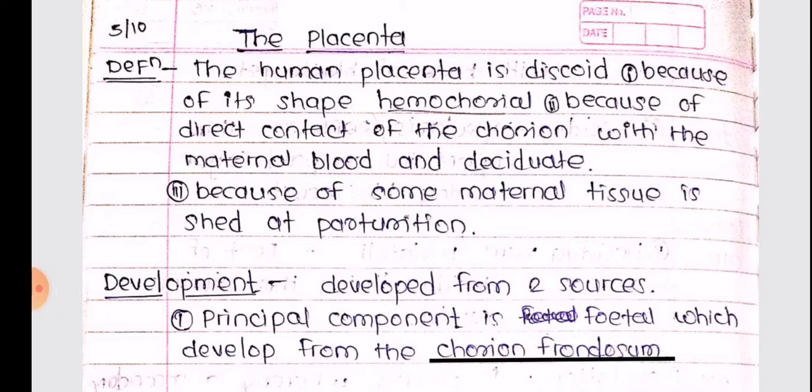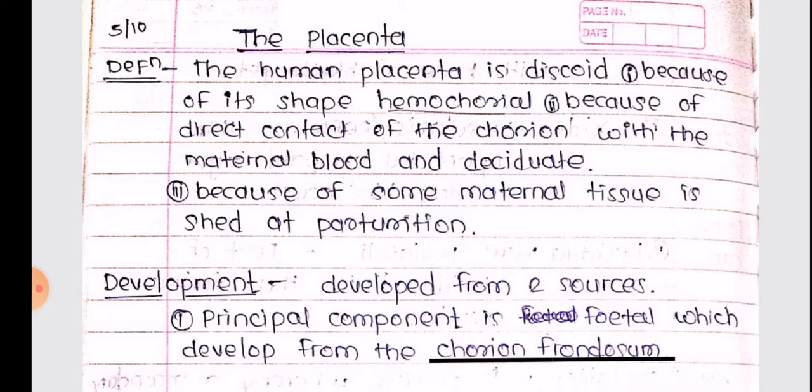So today we'll be continuing with our obstetrics examination revision series with our very next topic, which is the placenta. This topic is very important with respect to the examinations, and it can be asked for 5 markers or 10 markers respectively. So we'll go very slowly. We'll be covering each and every important point of this answer, which will help us fetch some good marks in an examination. And I hope this video helps you all to make a firm foundation to study your obstetrics, or to help you revise before examinations. So without much ado, let us begin.